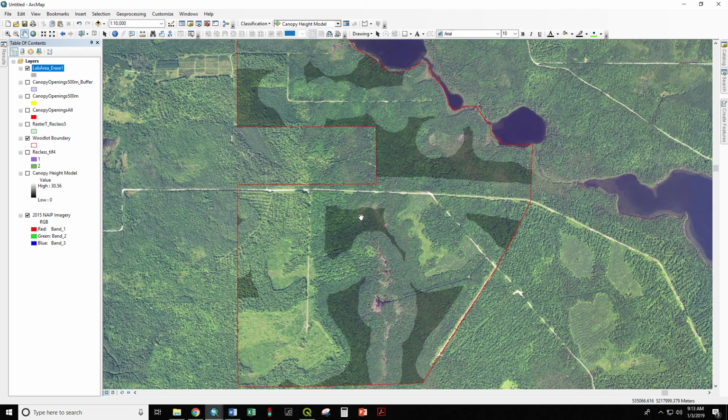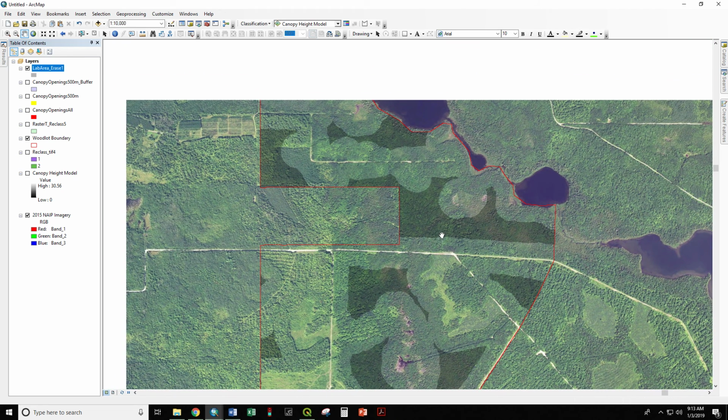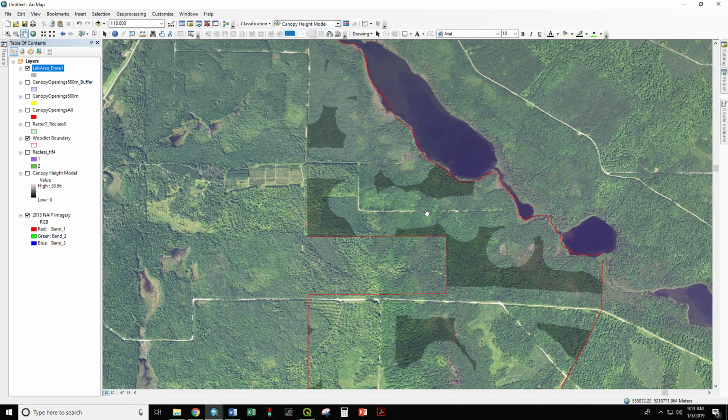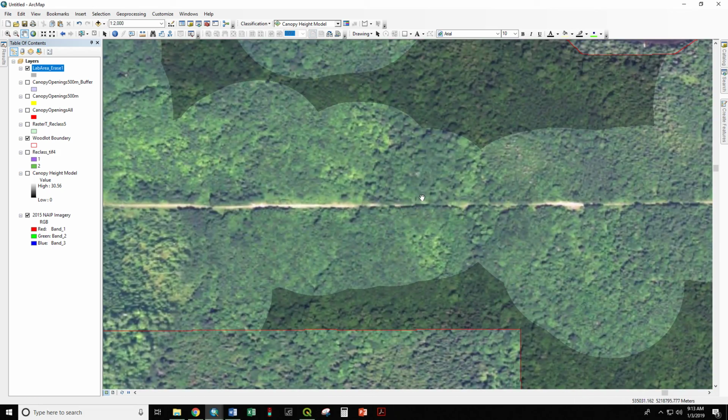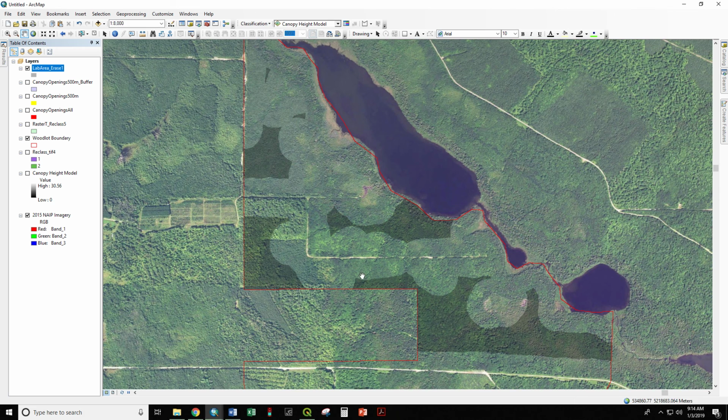You can easily change the parameters from gap size of 500 meters or maybe 1,000 square meters is more meaningful, or perhaps 200 square meters, depends what you're looking at. But areas like this where the canopy has closed in over the road, those fell out of the analysis. You might be more conservative by including not just your LiDAR-derived canopy gaps, but if you threw in a buffer around the line representing roads, you have a transportation layer here, you could buffer that, add that to the buffer that came from the LiDAR, and have a more conservative estimate of your